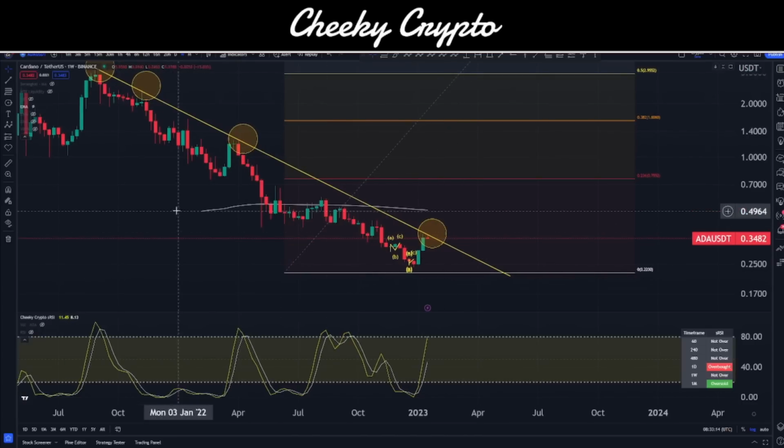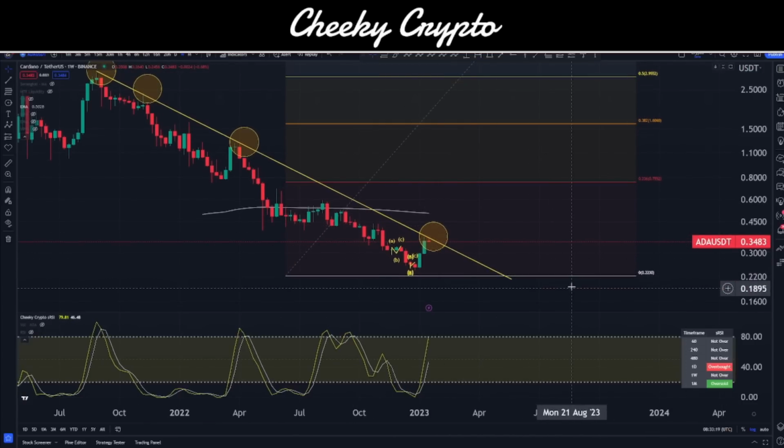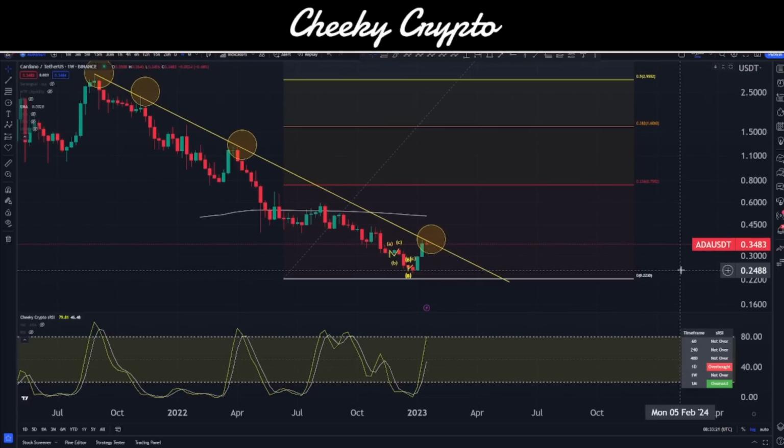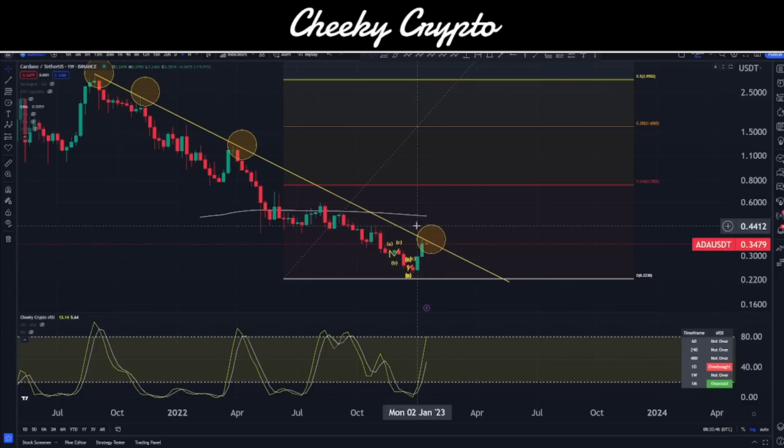Okay, so are we going to break on through it? We are below the 200 EMA, so it's bearish, and the structure isn't looking great right now. So it'd be interesting to see how it plays out. Now, in terms of momentum, we actually do have momentum to the upside, so we could pierce this trend line, but I wouldn't want to get too confident about that. I think trend lines, like I said, can just be adjusted, and you can get different points of view. For example, if I draw a trend line from here instead, actually we can go up higher right before we get rejected and so forth, right? So it really does depend on where the person draws the lines.